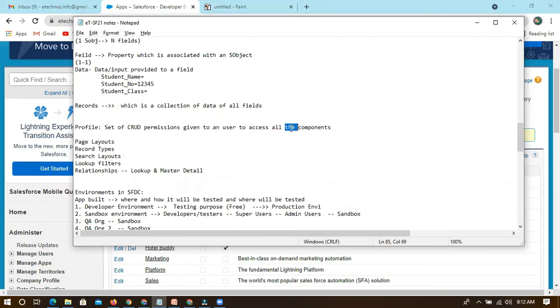These components include app, tab, application, and object.